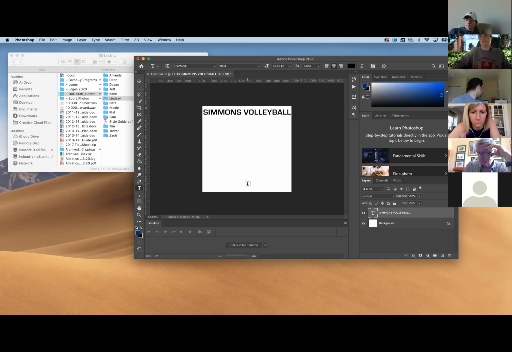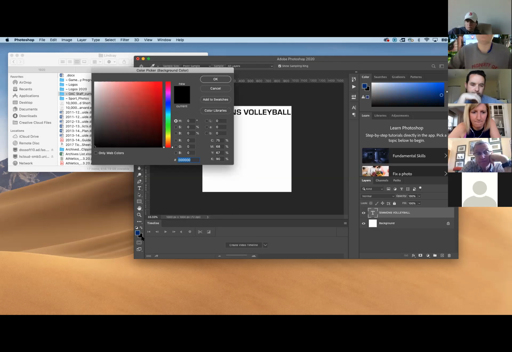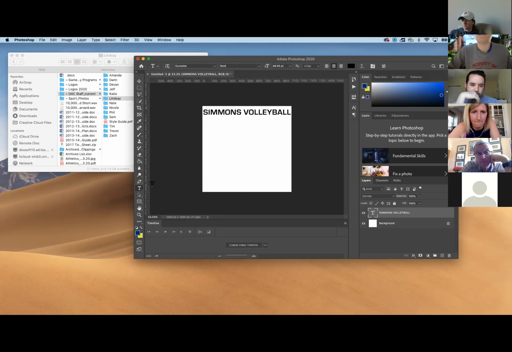So that's the foreground. Your foreground, you want to keep to your primary color, and your background you want to keep to your secondary color as much as possible. And you can flip them if you say, oh, I want to make the yellow the foreground color because I want to do stuff with the yellow. You can just switch that. But for this purpose, it doesn't matter. So now that I have my color set,